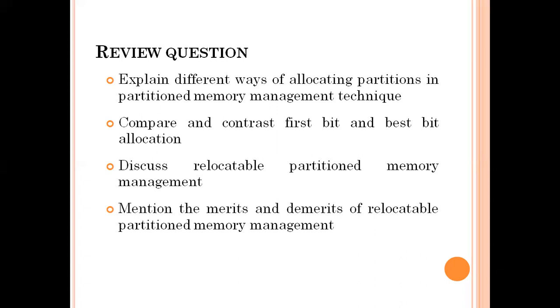And we also studied a technique for avoiding the fragmentation problem of partition memory management, called relocatable partition memory management. In the case of relocatable partition, what happens is you take the first partition, some portion of the partition is occupied, and the next half is waste. Then you shift the second program, which is present in the second partition, immediately after the first job. Then job 1 and job 2 will be continuous. Then the free area of partition 1 and the free area of partition 2 will be together.